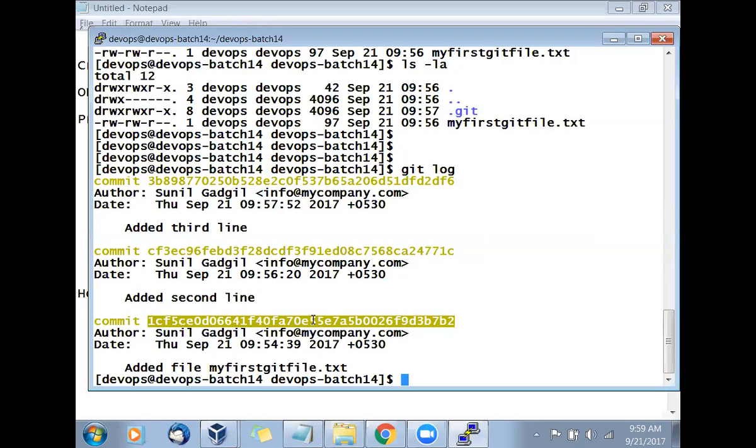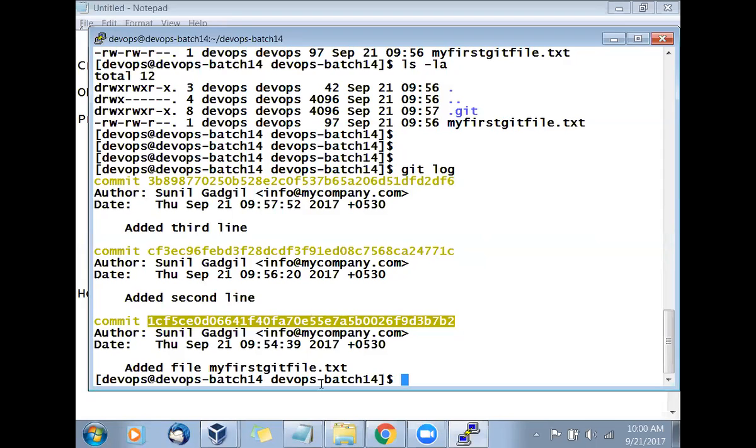Now, why is it so? Because there are 10 members here. Everybody says V1, version 1, version 2, version 3, version 1, version 2, version 3. When we are combining the files, what will happen? Everybody is saying my version is version 1. Then there is a problem. So Git says, no, no, no. You should not give the version number. We will automatically generate that number, which is the commit number, which is the version number.